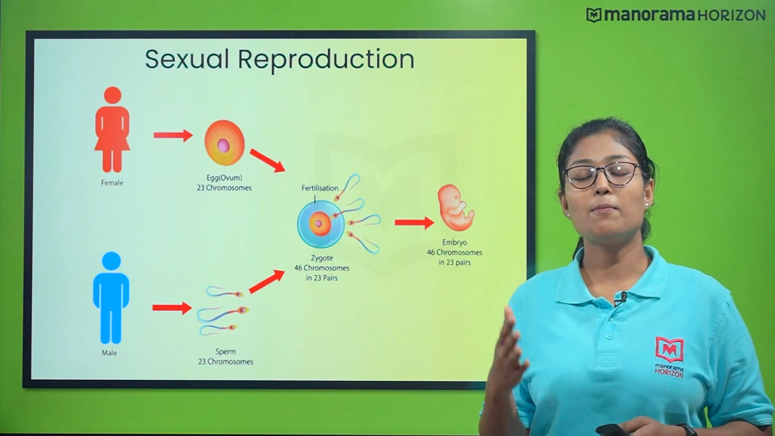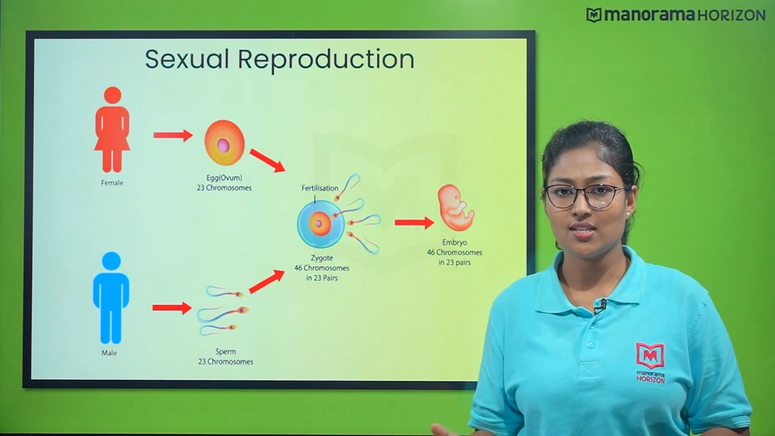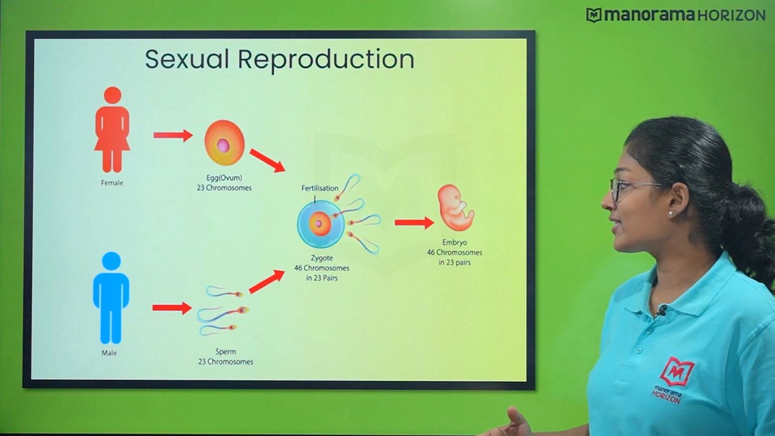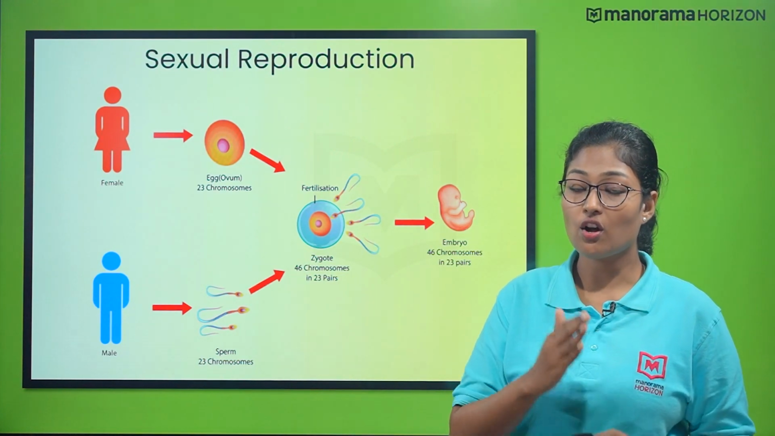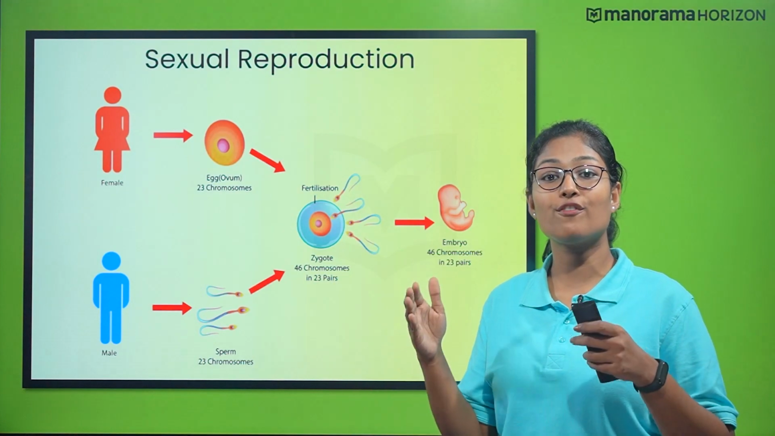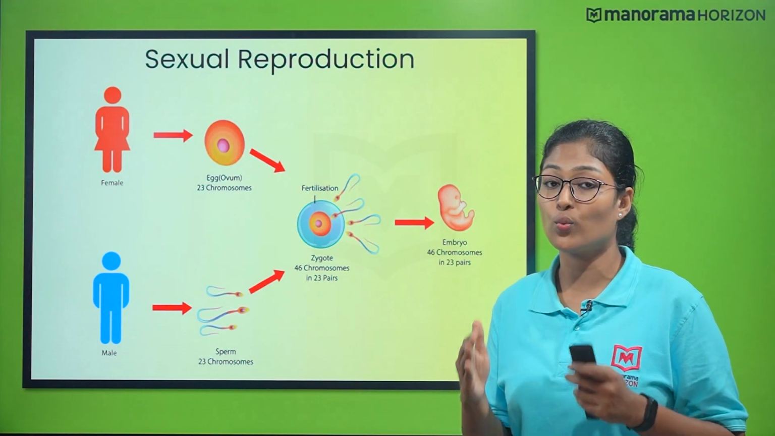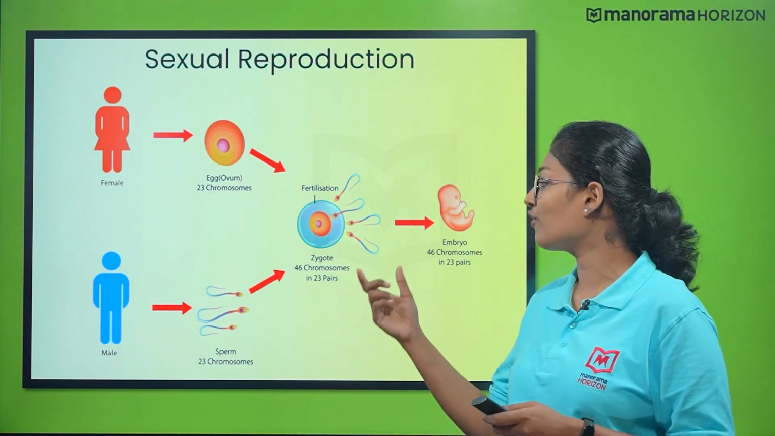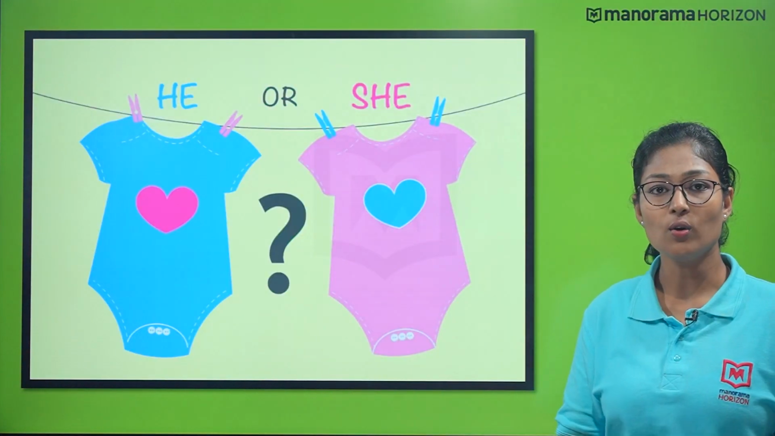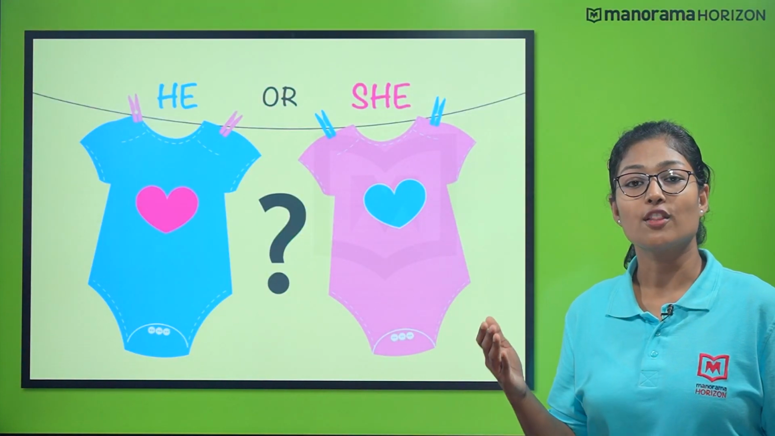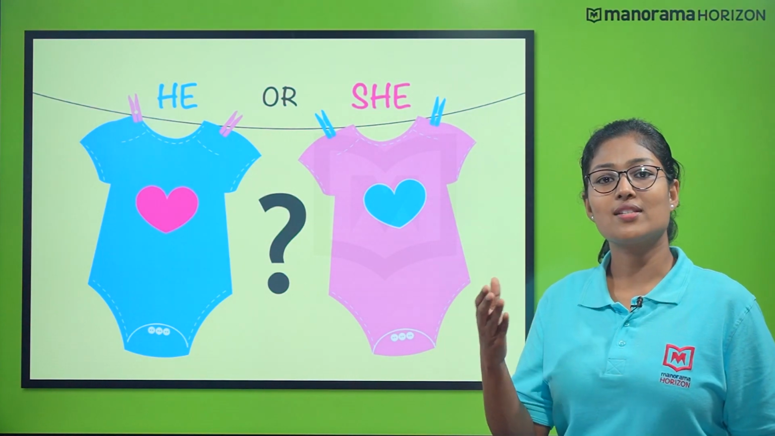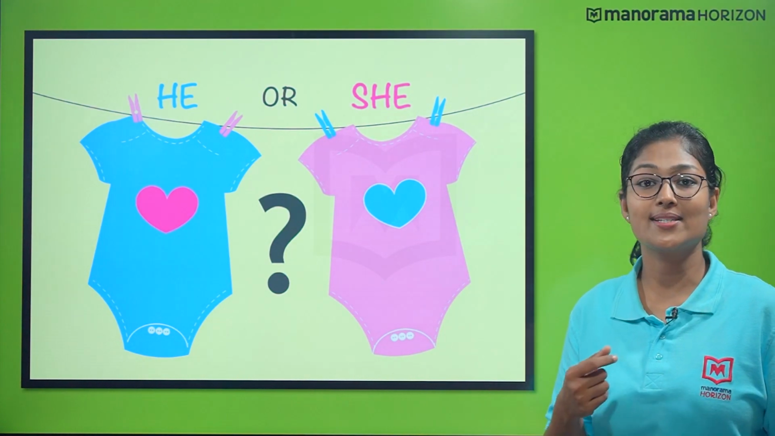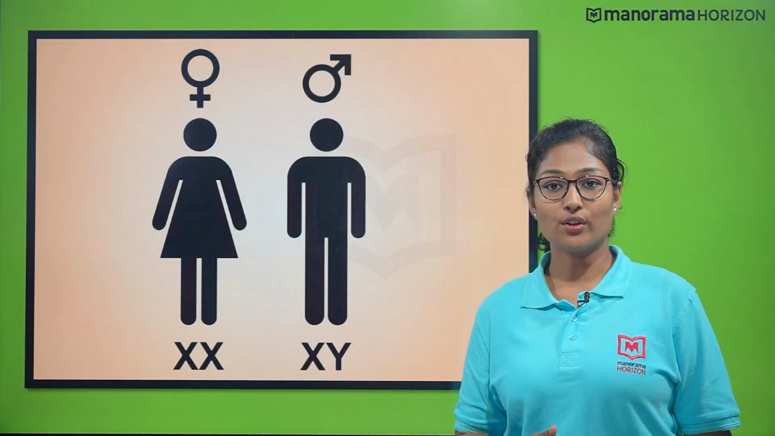As the sperm and egg are products of meiosis, each is a haploid cell with 23 chromosomes. So, a fusion of their haploid nuclei forms a diploid zygote with 23 pairs of chromosomes. Now that you know about the formation of the zygote, can you imagine how the sex of an unborn child is determined? You need to recall that